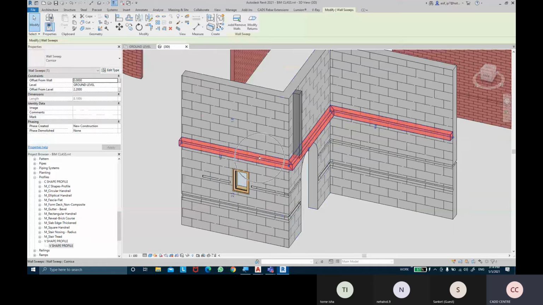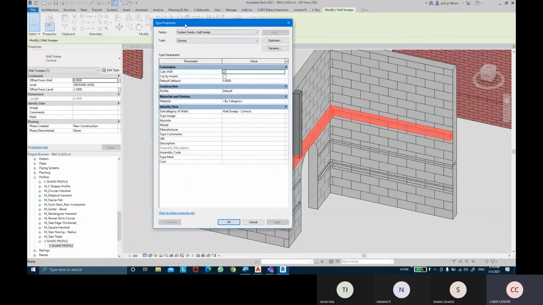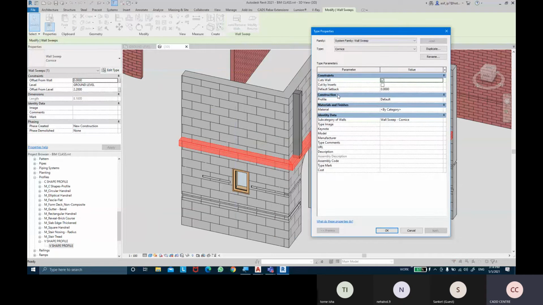When you select this, you have an option in the edit type. When I click on edit type this time, I have a lot of parameters like constraints, construction, materials and finishes, and even identity data. Last time in reveal there were only constraints and construction, and this time we have constraints, construction, materials, and identity data.